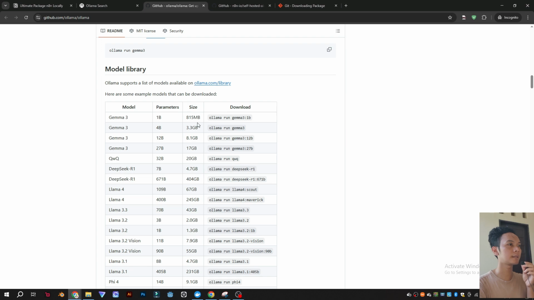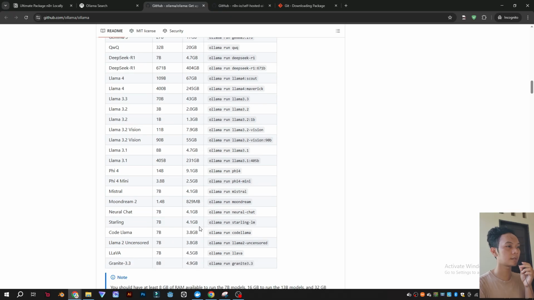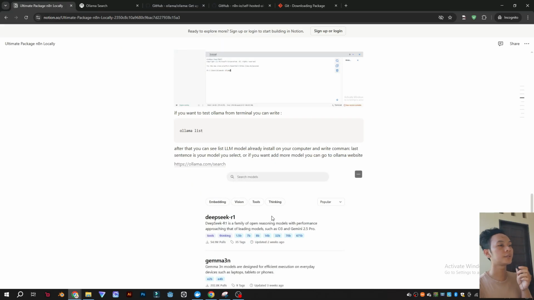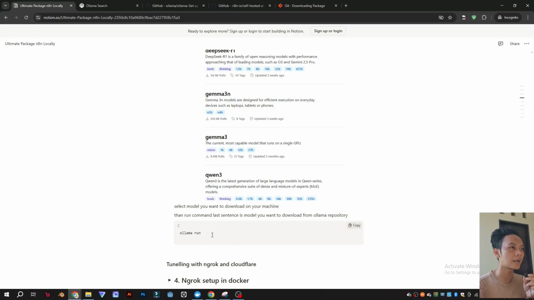You can see the size. Let's find the lowest size. So Moondream. Let's take a look with Moondream. To add a new model, you just need to run Ollama run, and